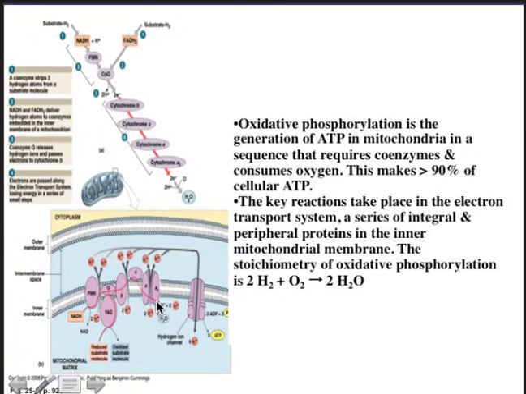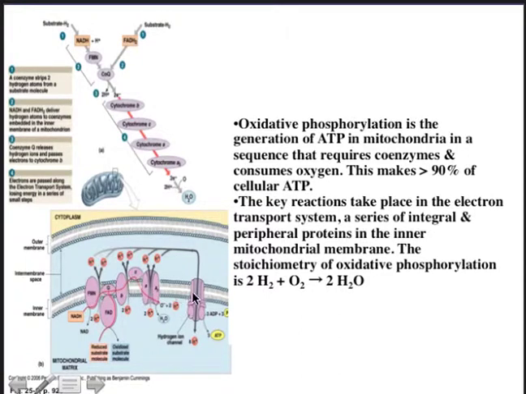If there's no oxygen around, what happens as these high energy electrons get donated to the chain is that the entire chain will become constipated and all the carriers will be reduced. And when a reduced molecule meets a reduced molecule, nothing happens. They just look at each other. And that'll result in no energy payoff. And that's why oxygen is so vital for us to produce massive amounts of ATP